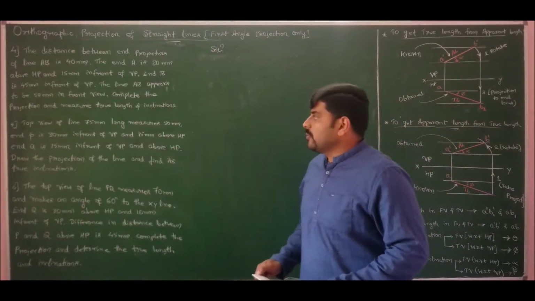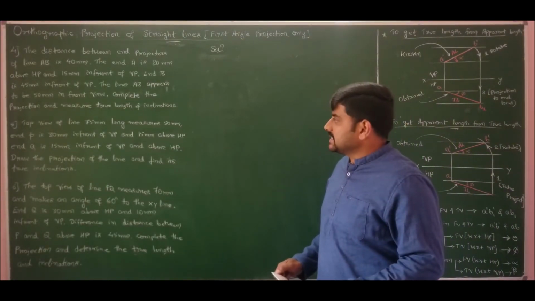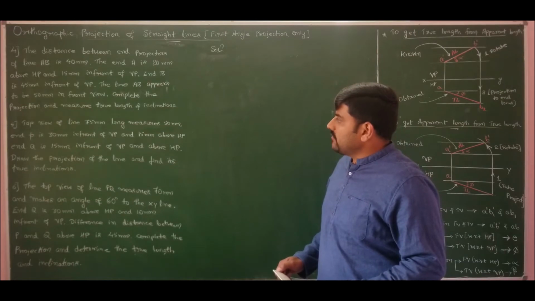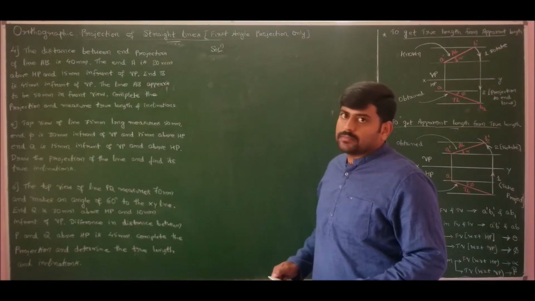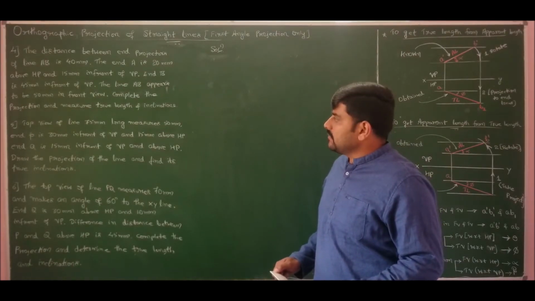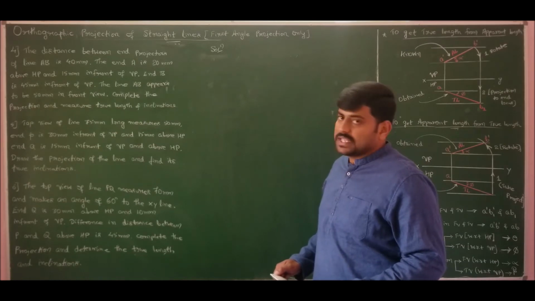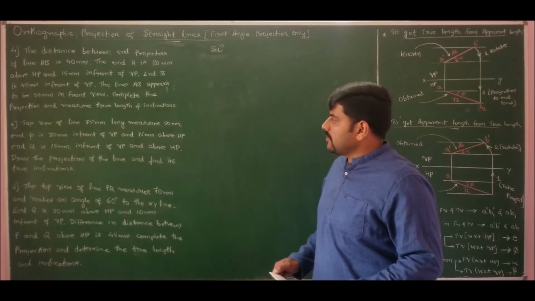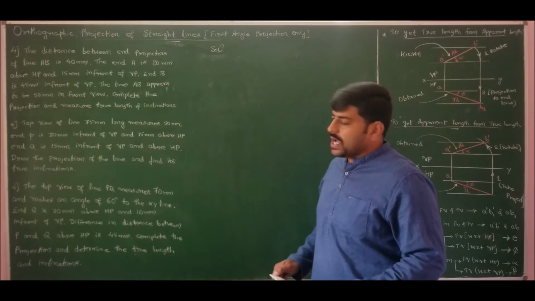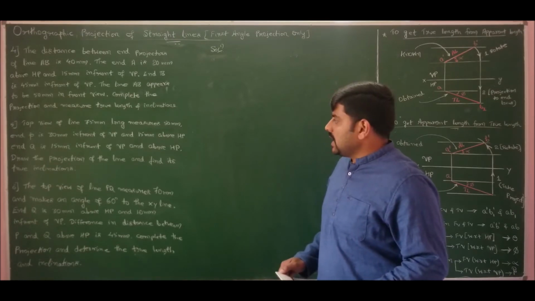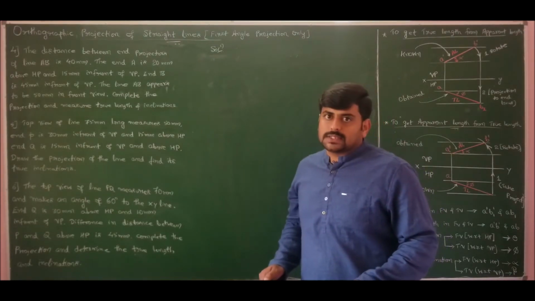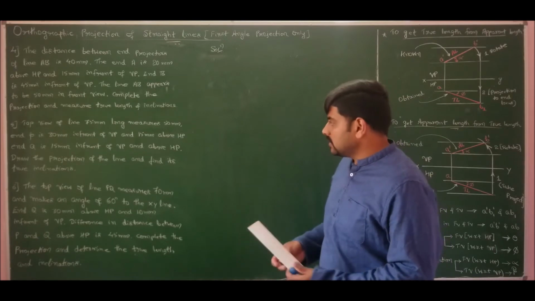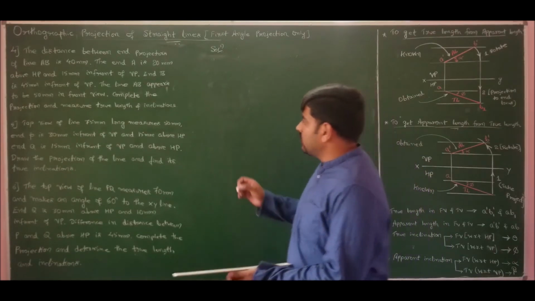Moving on to problem number 5, which states that the top view of a line 75 mm long measures 50 mm, and P is 30 mm in front of VP and 15 mm above HP, and Q is 15 mm in front of VP and above HP. Draw the projection of the line and find its true inclinations. Let us solve this problem. If I list the data given for problem number 5,